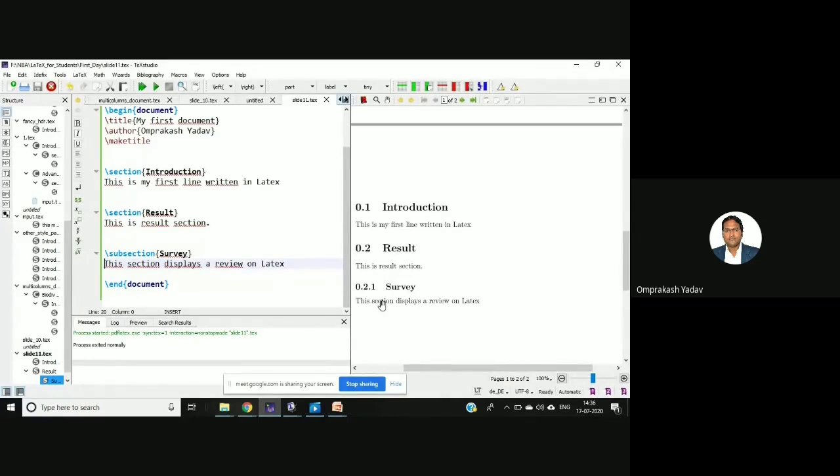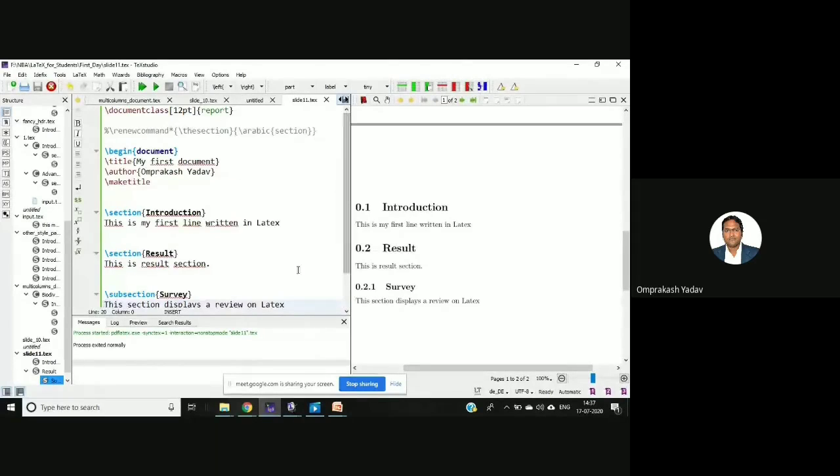So normally here in LaTeX it will take the numbering automatically, but there are options. The way we want, we can change this numbering system. But by default it will give the numbers automatically. So now suppose I want to change this style.